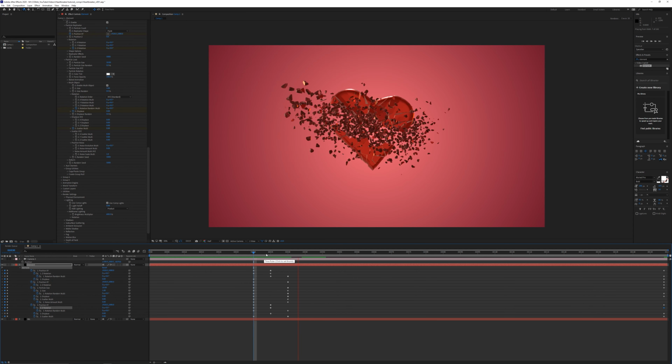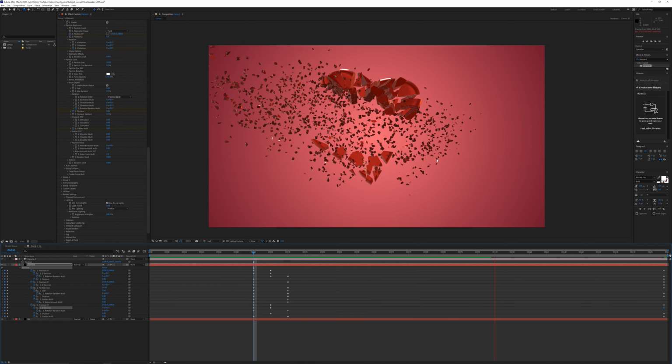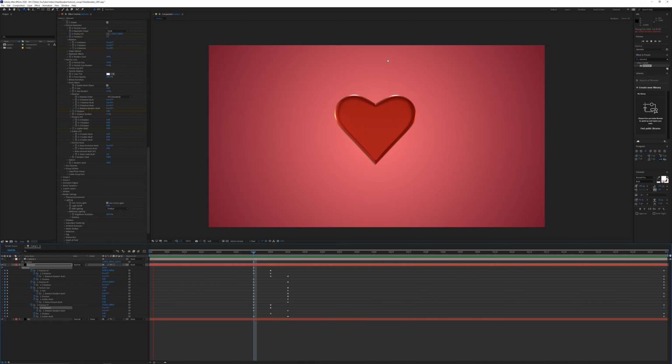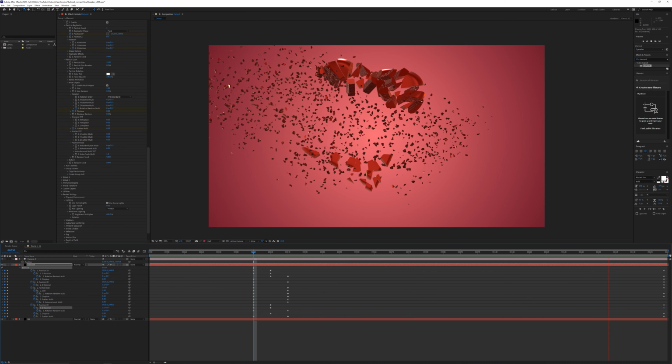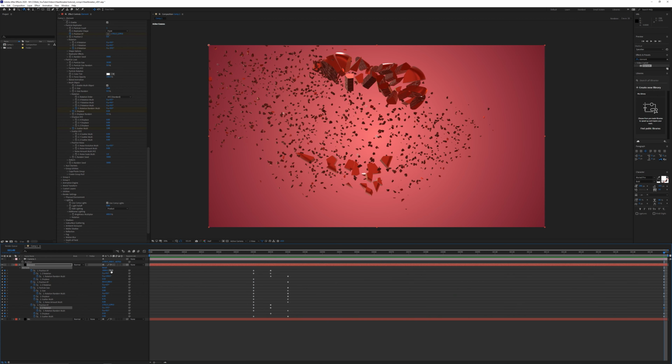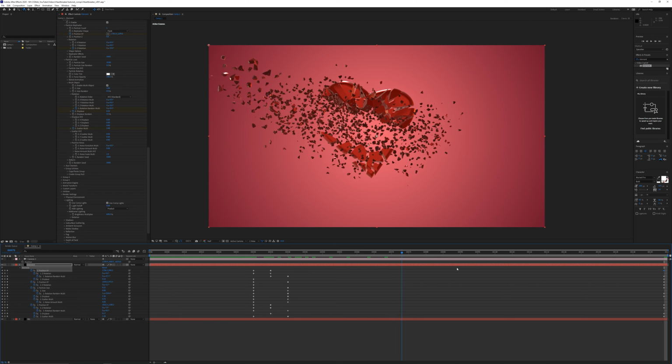All right, so we have a lot of keyframes animated here, but we'll get something kind of like this. So it's just going to kind of break out and then gradually the pieces kind of fly off. Now, as we go, we might tweak these settings. Like, I think perhaps this piece is going a little bit too high. We might just drop that back down and push that over just a little bit. Something kind of like that.